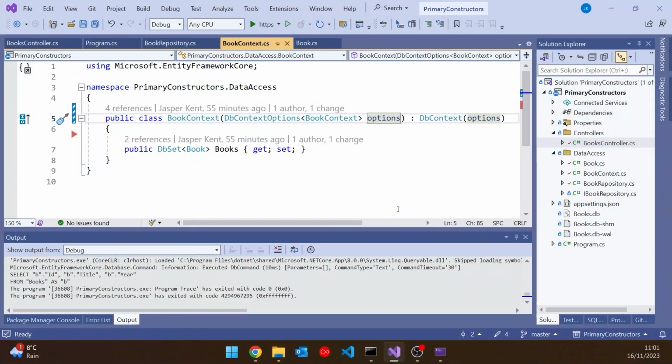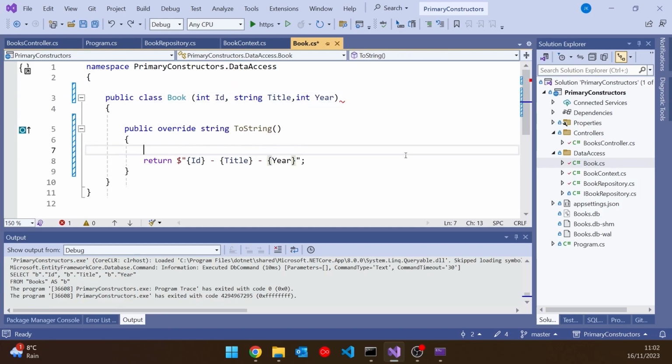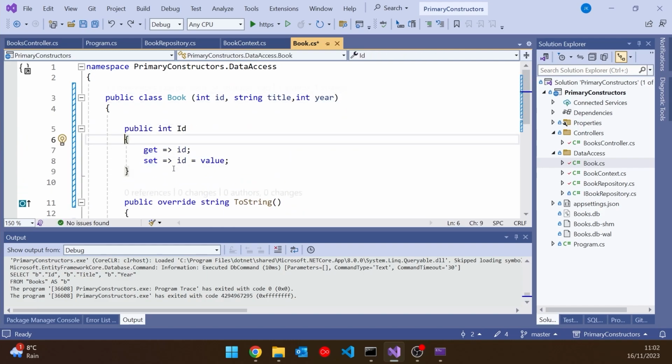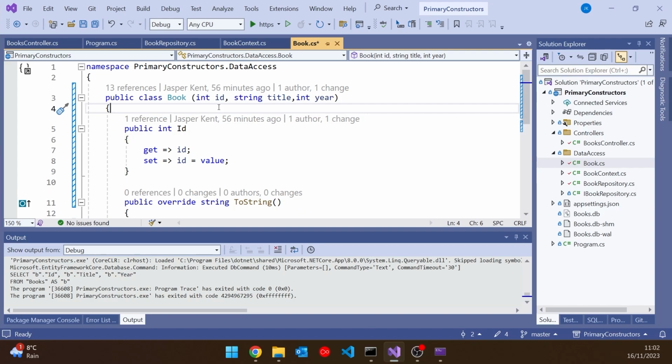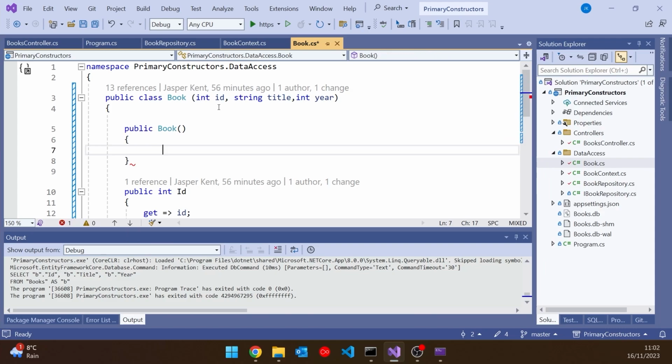One other thing to mention in there, even with primary constructors, we can still have the concept of constructor overloading. So if we, for example, go back to our book, even though this wasn't a suitable one, and let's get that back to having the primary constructor. So that's what we had there. And then if you wanted other constructors, you can do that. So let's suppose we wanted a default constructor. We can just generate the code.